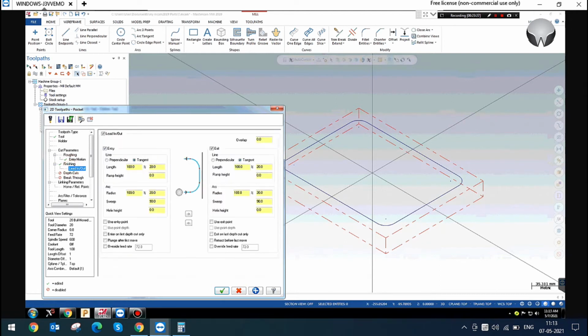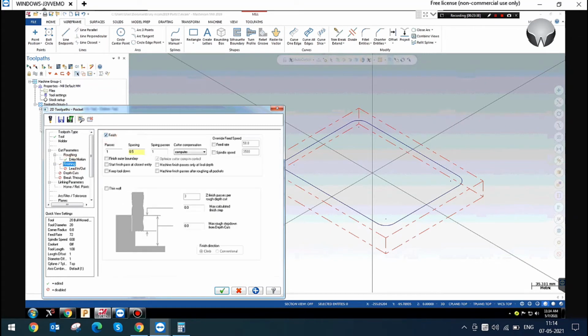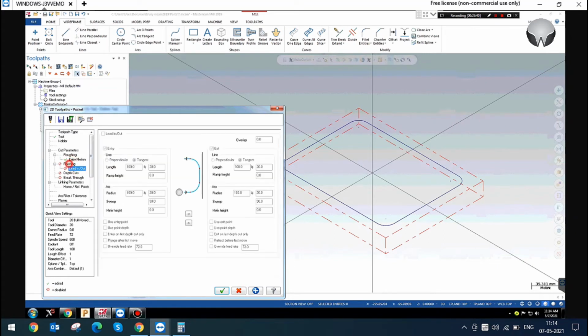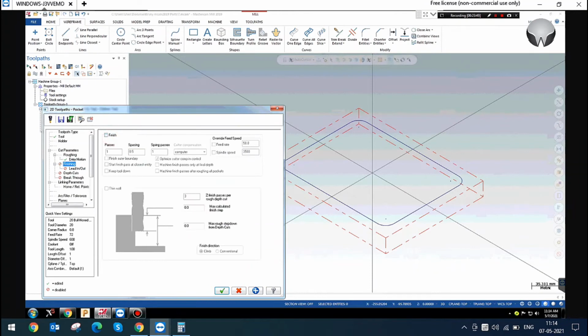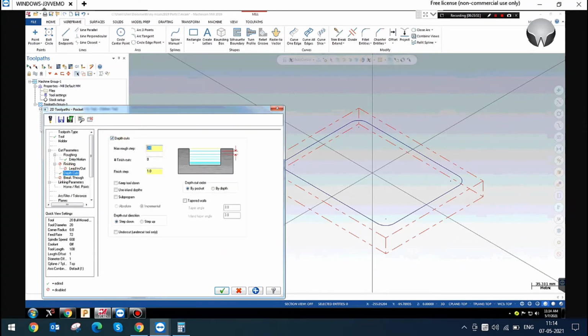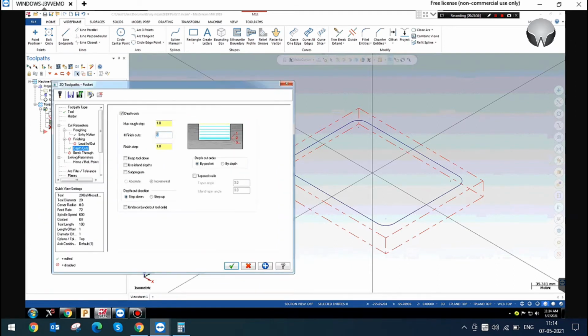And if you enable the finishing, you can also enable the lead out. Just now I disabled the finishing and the lead out is disabled. You can see it is not enabled. If I disable the finish, it will not be enabled. If you enable the finish, only then you can enable this. Otherwise, it is not enabled. Next is depth of cut. How much depth? I am just giving a 1 mm depth of cut. I don't want to finish at the floor. I am just giving 0. If I give 0, it is not calculated.